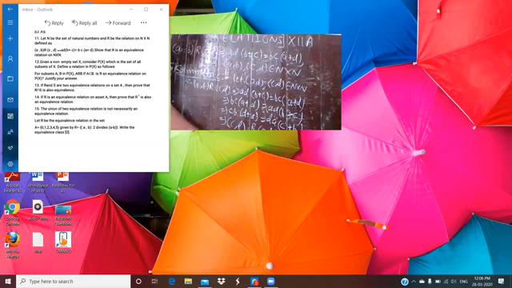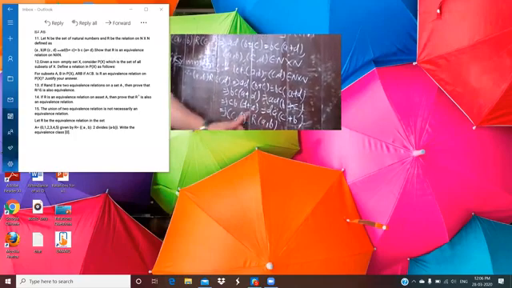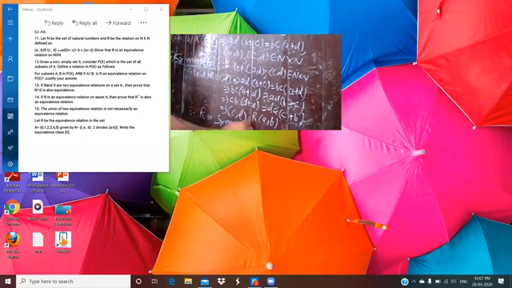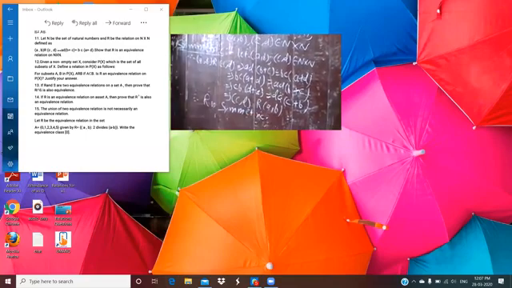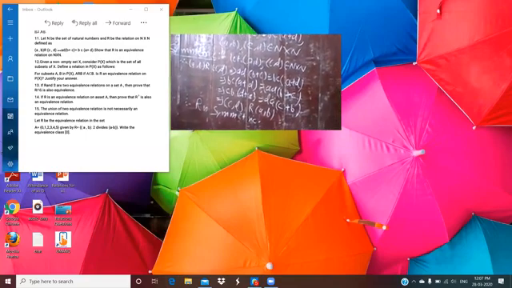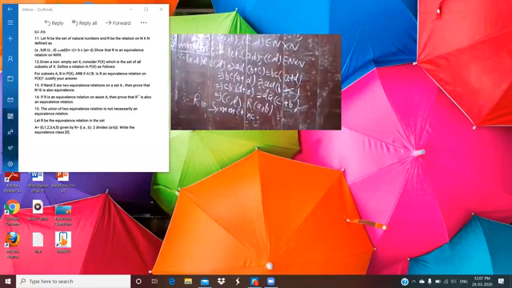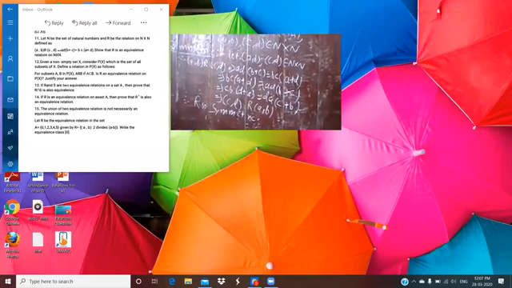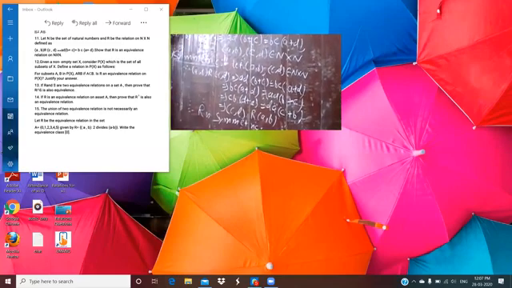Now check whether the pattern is correct. The product of first and fourth, that means CB, into the sum of second and third, which is D plus A, is equal to the product of second and third, DA, into the sum of first and fourth, that means C plus B. So that is correct. So you can write R is symmetric. In the same way, you have to prove it for transitive.